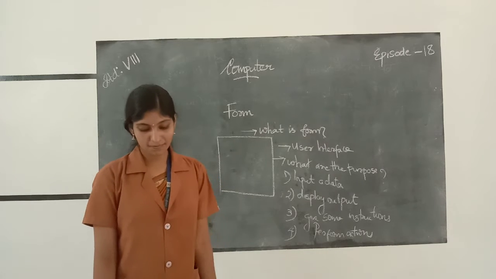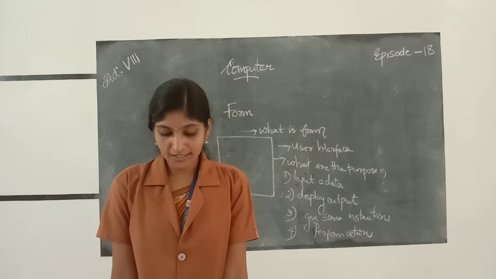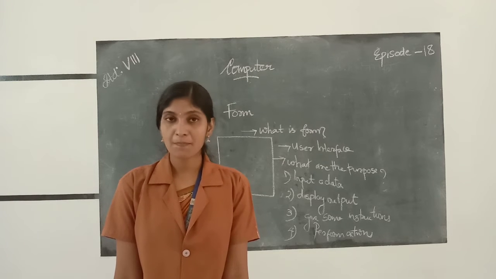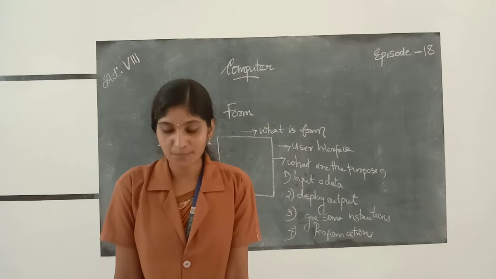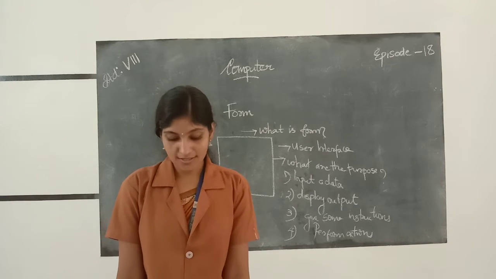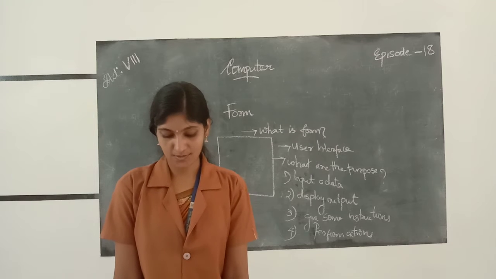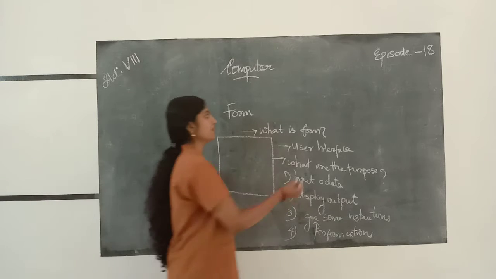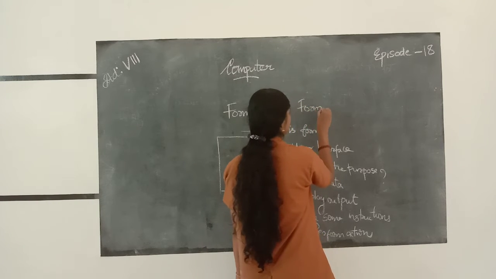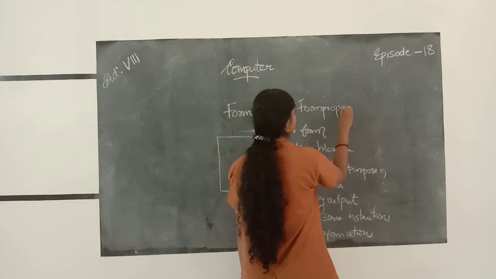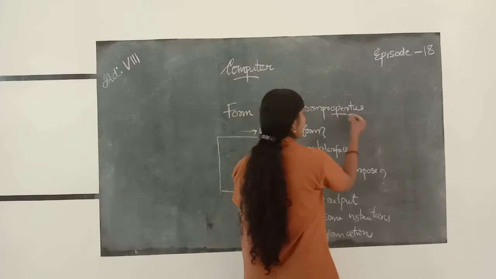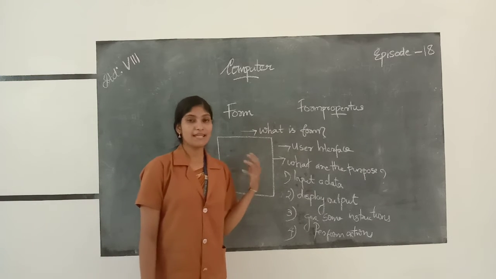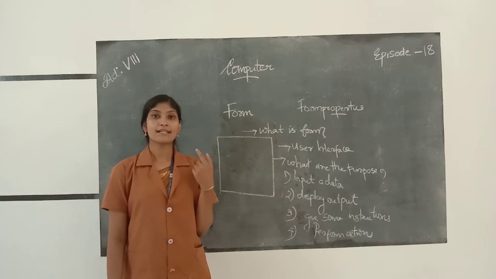Okay. So look at the text, page number 78. As you know that a form is a user interface designed for some specific purposes, like to display or input data, or to give instructions, or to perform action using controls. Next, form properties. In our last class, we have discussed some properties related to controls. Name, back color, visible,